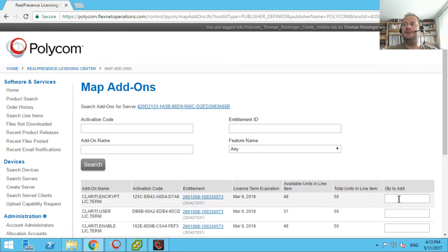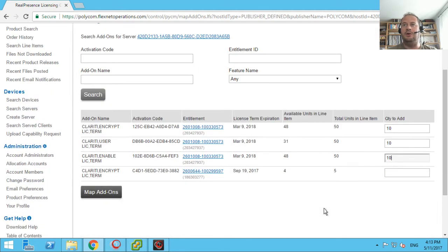In my case, I specified 5 concurrent Clarity calls. Okay. In this example, I simply assign 10, and 10 licenses will show up on the resource manager, but the tool will only assign 5 to the DMA. Okay, and encryption. So what do we have? 1 encryption, 10 users, 1 enablement license, and map add-ons. So here we go,